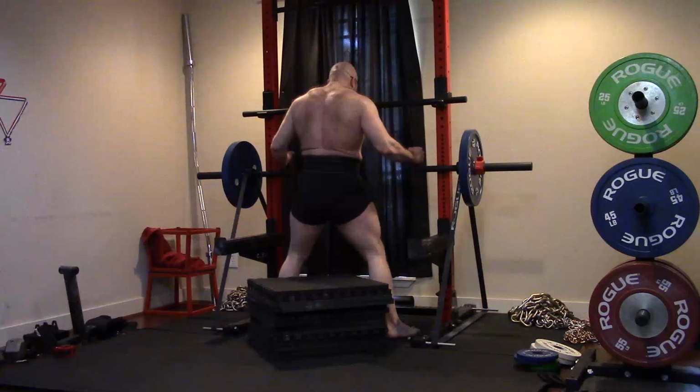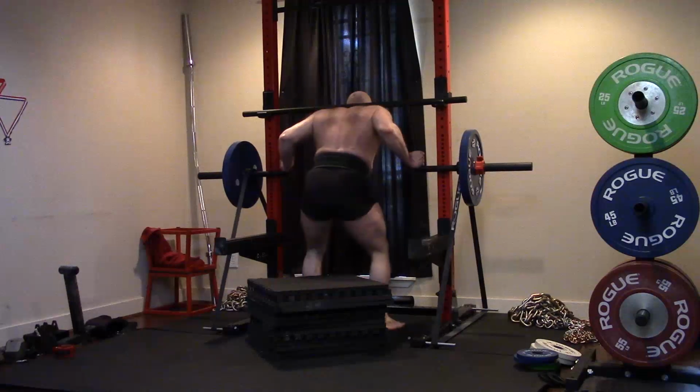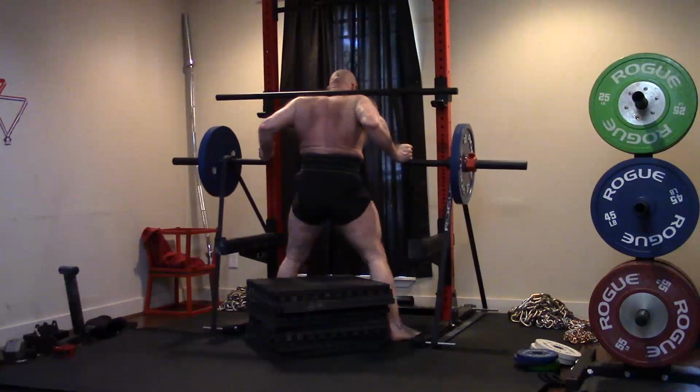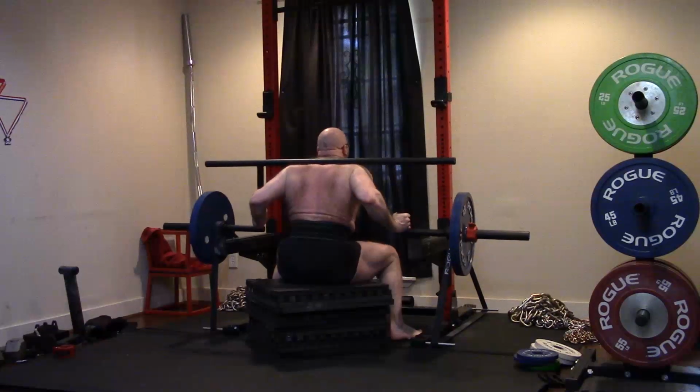First couple sets, I look a little wonky on these because I'm trying to get in that groove. This bar with the bands pulling on it at the awkward angle, my God, it almost pulls me over on the way back up. So it's different. It's definitely different. It'll be nice for a wave,